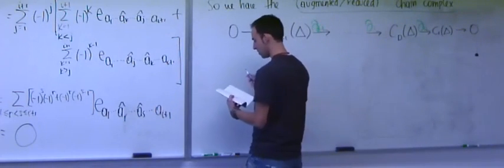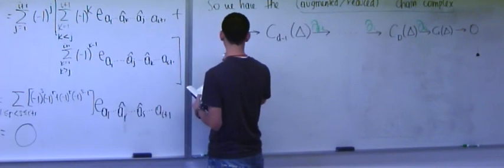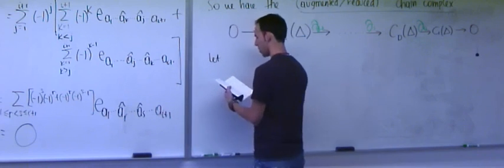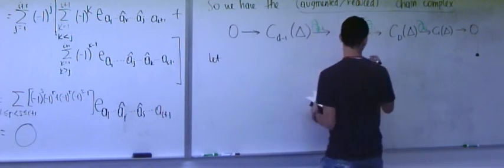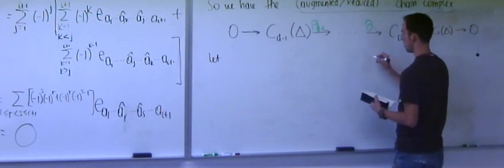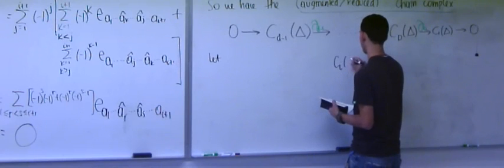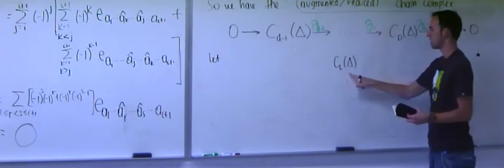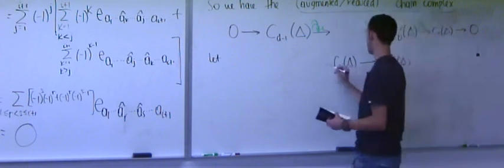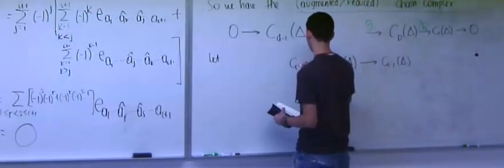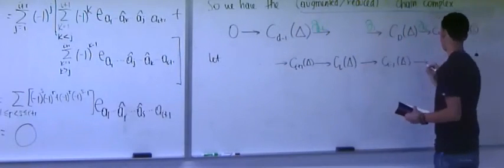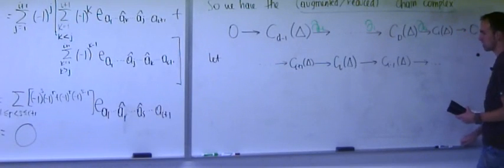So what you should be thinking of is that here we have C_i of delta, which maps to C_{i-1}, and which is mapped to from C_{i+1}, right? And this continues over here, and this continues over here, and these maps are called